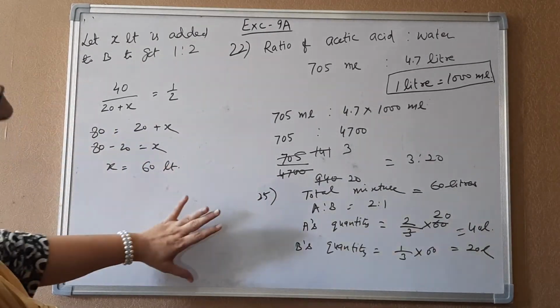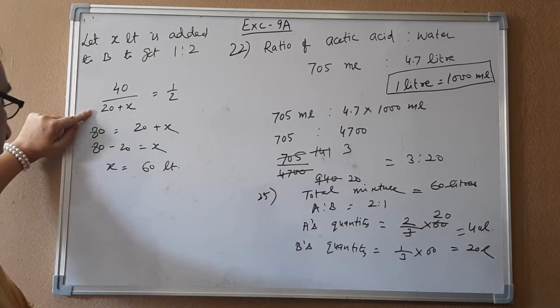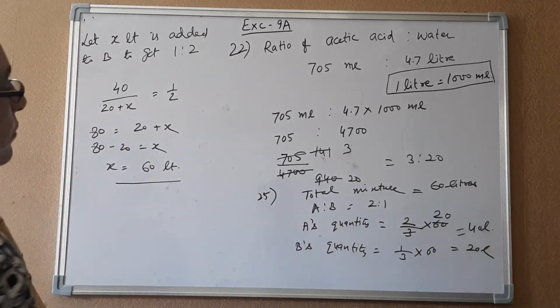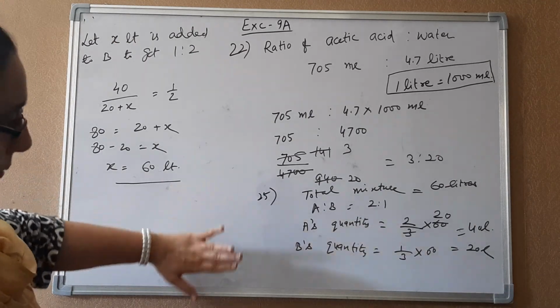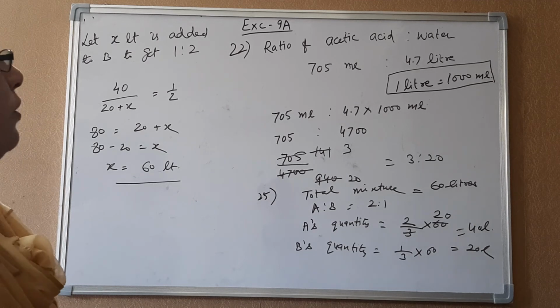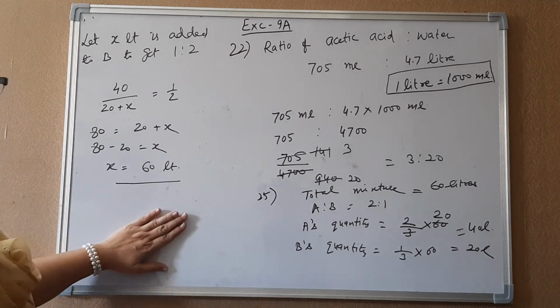See, read the statement properly. They have added just to the quantity of B. So add to the quantity of B to get this ratio. I hope you understood. I've just left the sums which are being explained with the help of the hints. If you are not able to do, please put in the WhatsApp group. We can take the problems.